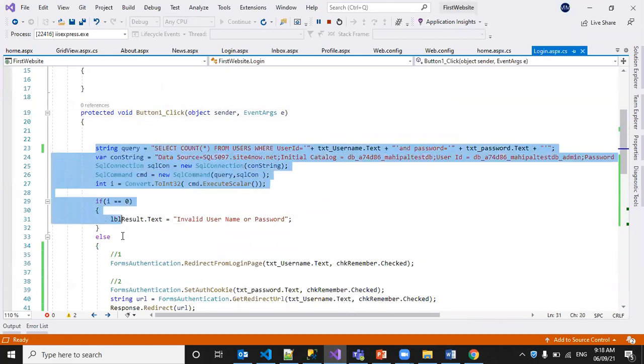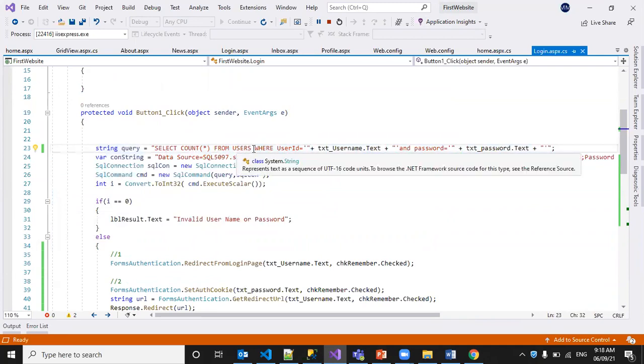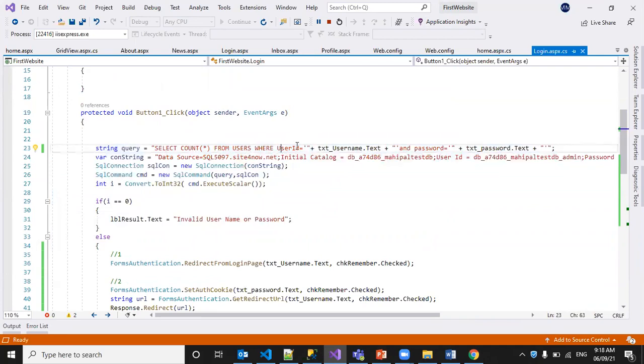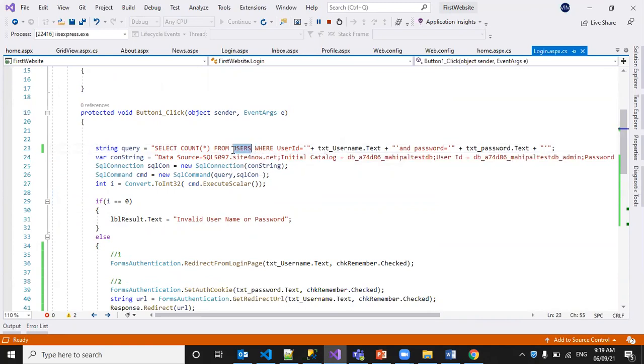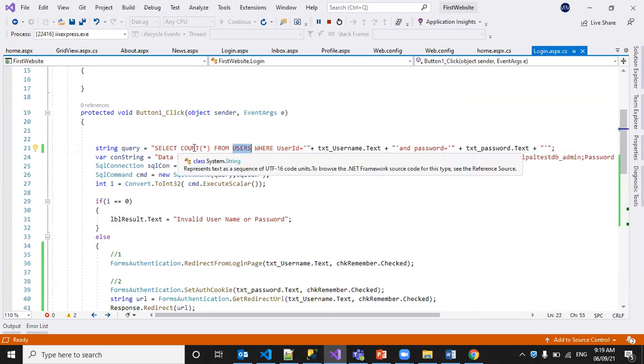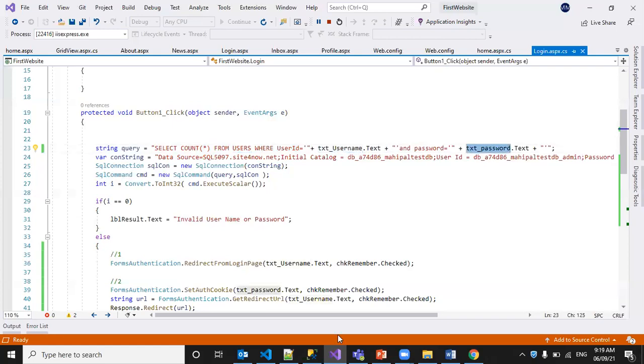What I am doing is validating the user credentials, like select count of star from users where user ID equal to username.text, password equal to txtpassword.text. So here I'm getting the username and password of the users, and the number of how many users are available in the database, count of star, using the user ID and password.